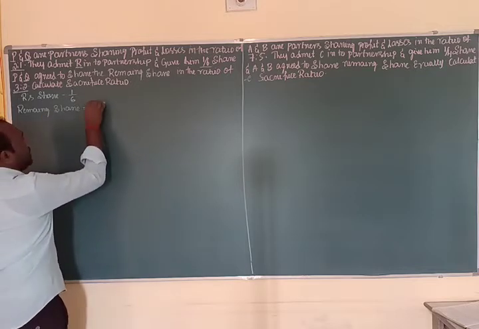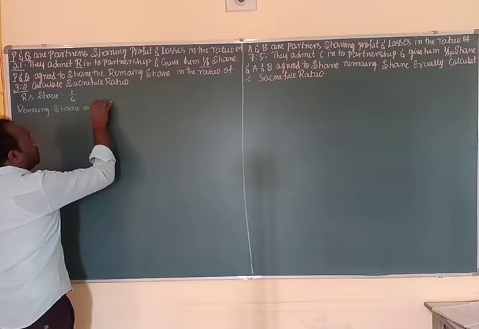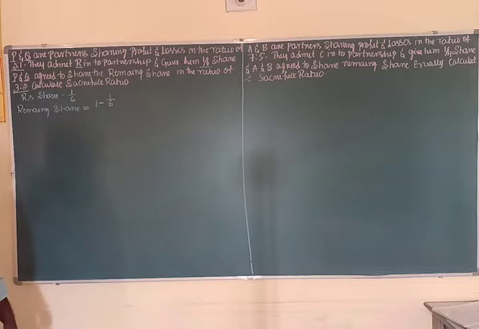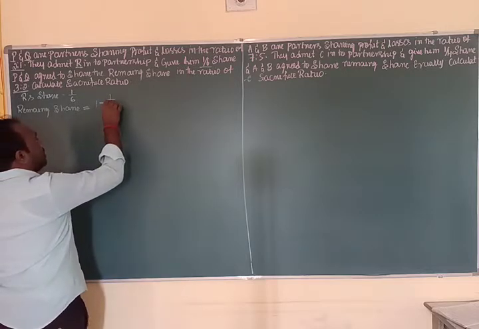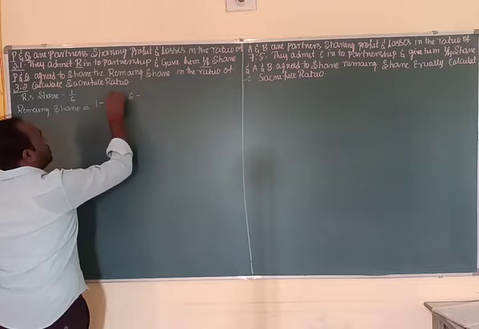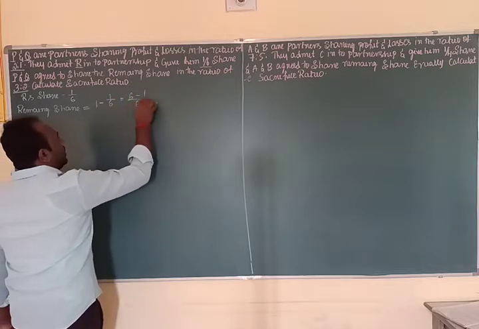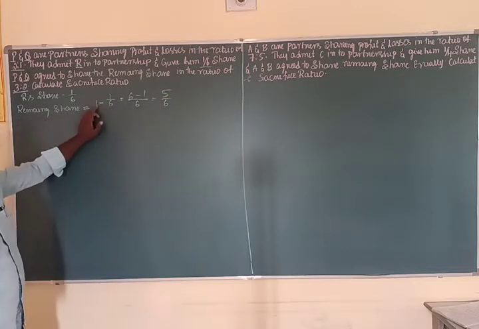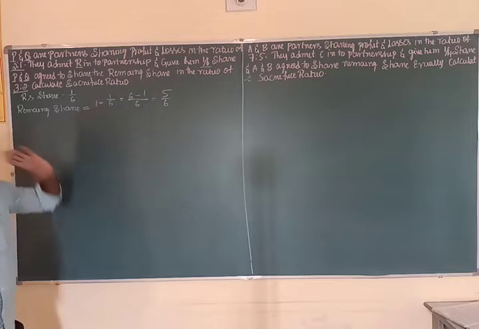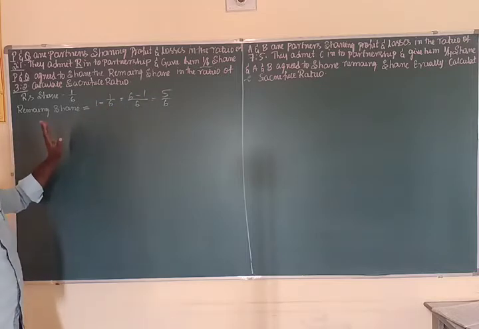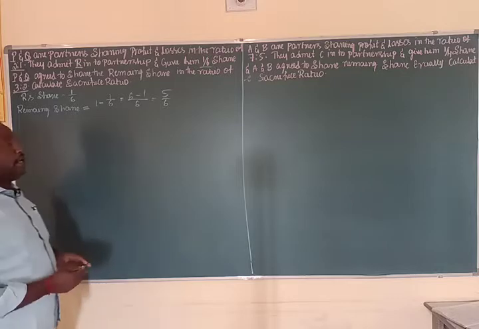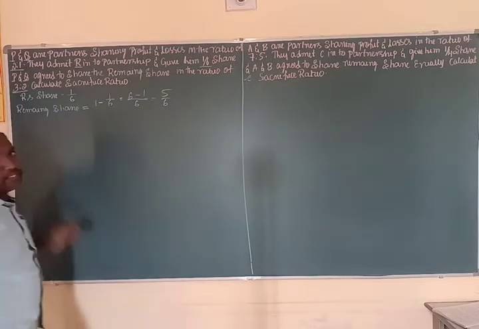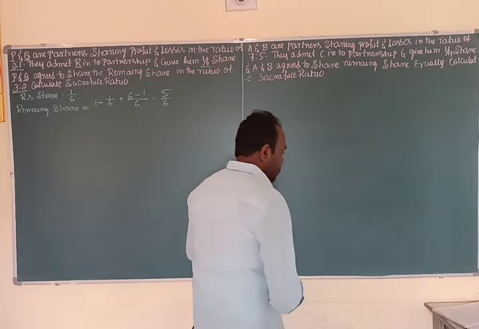Commonly we take 1, and list the remaining share minus the share of the new partner. Here we do the cross multiplication: 6 ones are 6, 1 ones are 1, 6 ones are 6. The remaining share is 5/6. Or directly, you can take 6 minus 1, which gives 5, so 5/6. The remaining share is 5/6. Look at the agreed share: 3 plus 2 is 5.